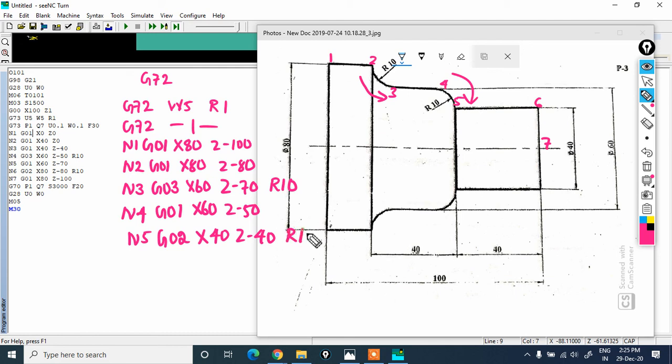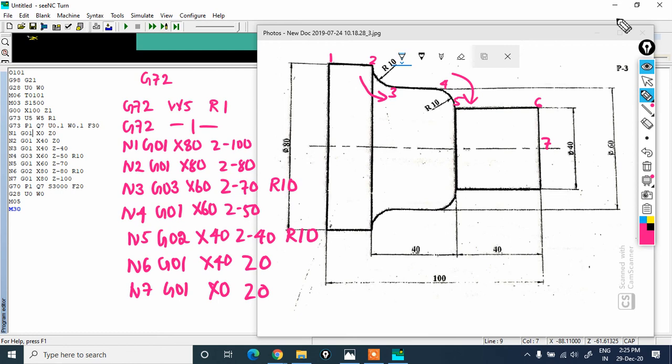Don't forget to mention the radius 10. N6, 5 to 6 is linear. G01, X will be 40, Z will be 0. N7, G01, X0, Z0. Okay, so just in the 72 cycle we have followed the reverse backward direction.